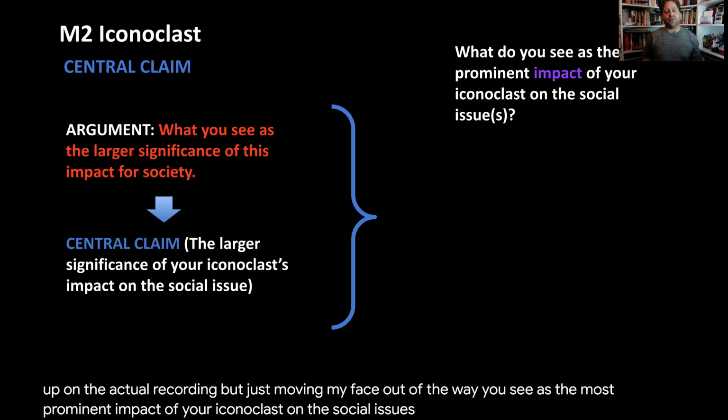So here, just to wrap up, you see that we have the sense of the impact. What was the impact of Gandhi? Well, he unified a divided and fractured nation. What was the consequence of that? It inspired Indians to fight for their own independence and freedom. And then what's the larger significance of this? Well, it teaches us how nonviolence and determination are the essential ingredients for effective social change. Most likely in your workshop draft, you're not going to have a fully formed central claim statement yet. Again, these are things that are built towards, particularly the larger significance. But you definitely want a sense of what you think is the impact, and try to develop a sense of what you think the consequence of that impact is for your iconoclast.